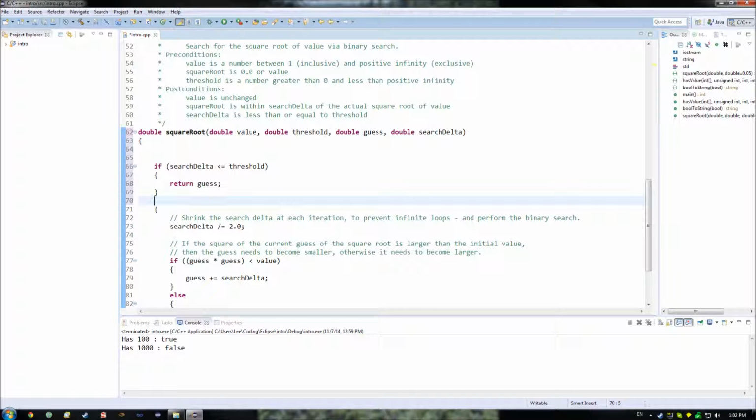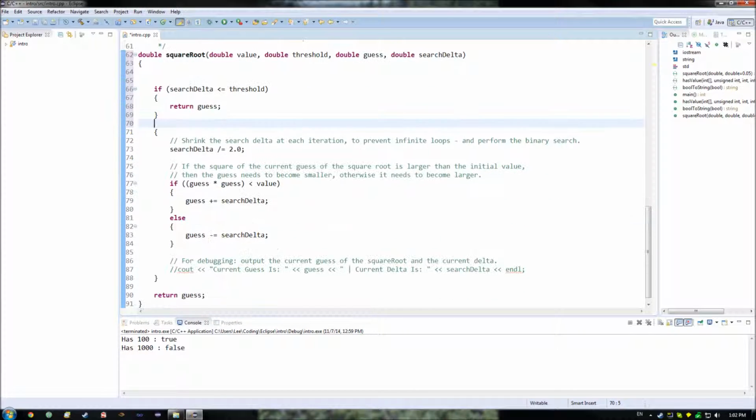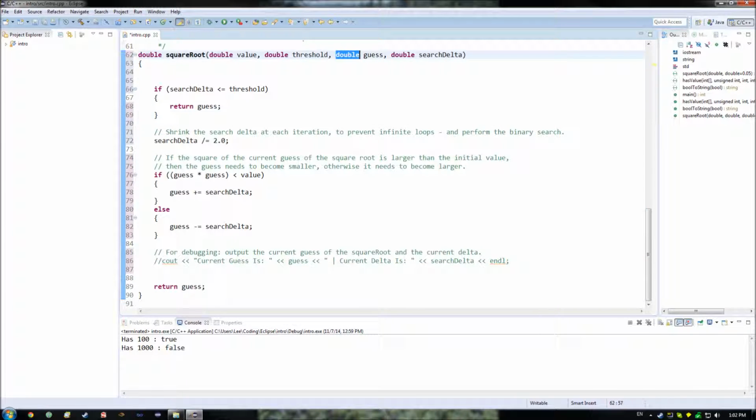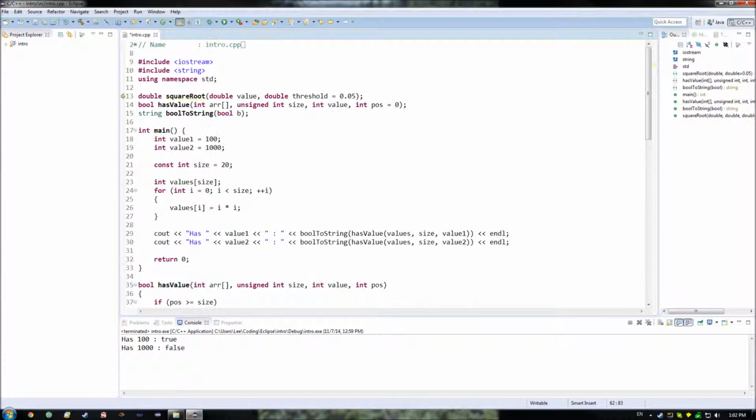And if it's not, what we then need to do is go, okay, we need to shrink our search delta, same thing as before. Then we need to take this once again, same exact thing as here. So we can just basically get rid of these two braces, move this over. We have to also, while we're at it, update up here, this,